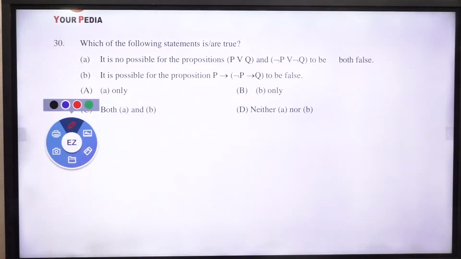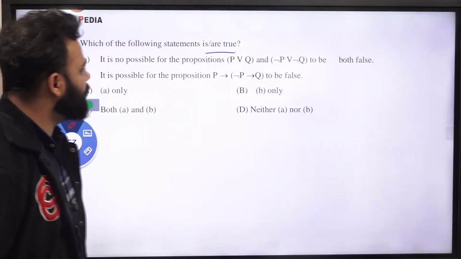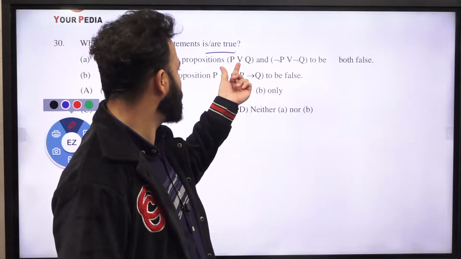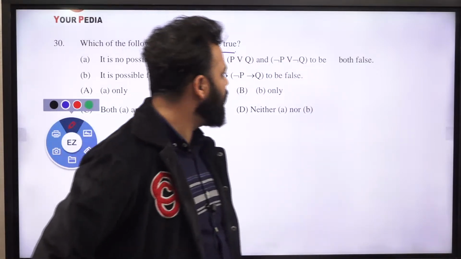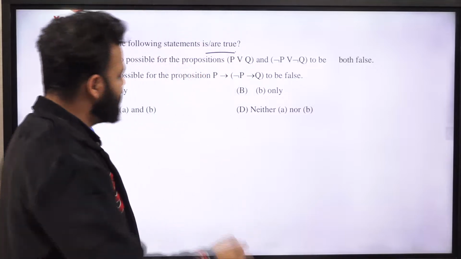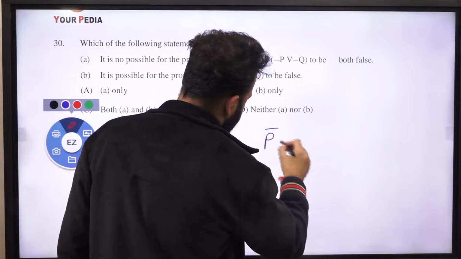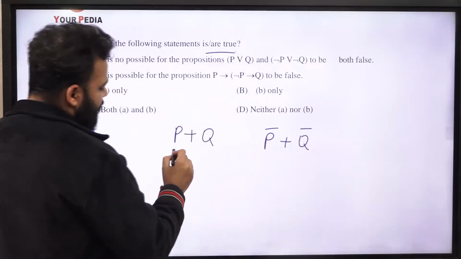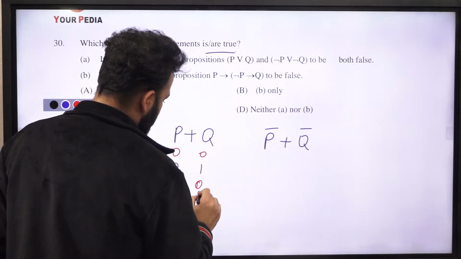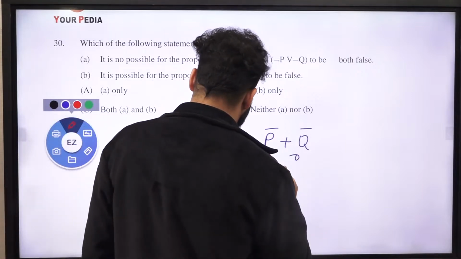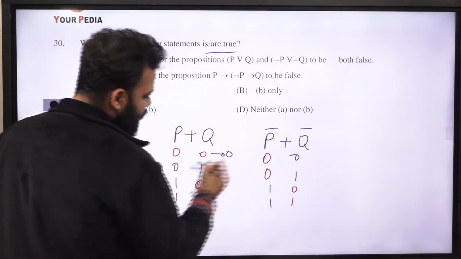Which of the following statements are true? First, it is not possible for the propositions P or Q and the negation of P or negation of Q to be both false. So let's see. It is saying P or Q. Let's write it down this way: 0 0, 0 1, 1 0 and 1 1, and same here 0 0, 0 1, 1 0, 1 1. So in this case it will be 0, but